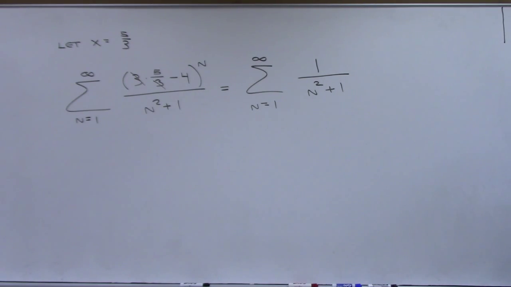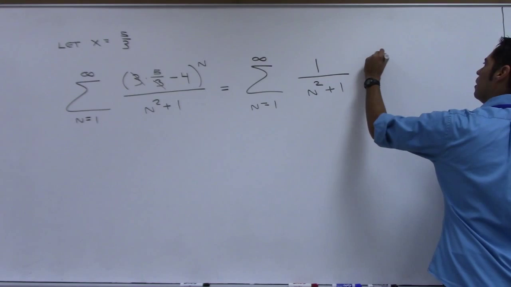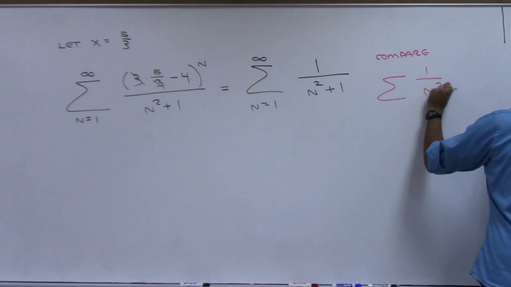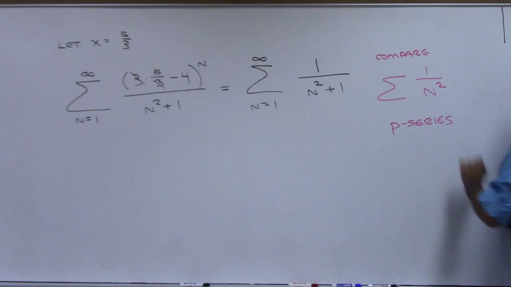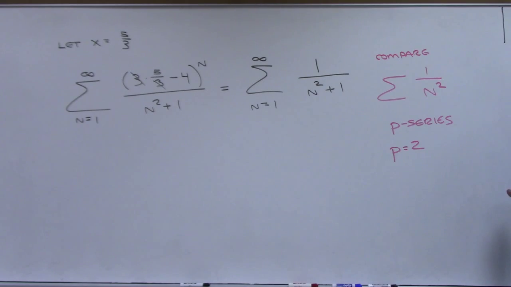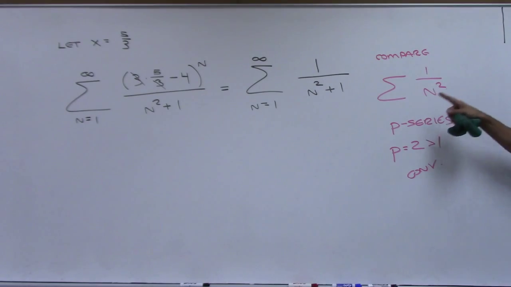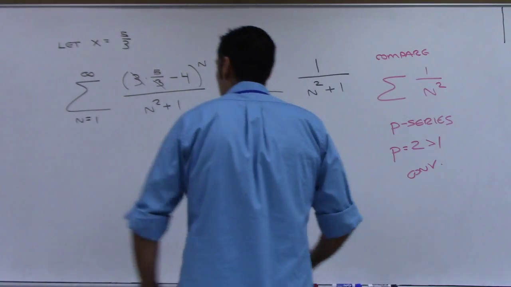How about we do a limit comparison test? You want to do a limit comparison test? I'm going to compare it to 1 over n squared. Compare to this series. And this series is a p series, right? P is 2, which means what? Greater than 1 converges. So I'm going to compare this to a convergent p series. And I'm going to use